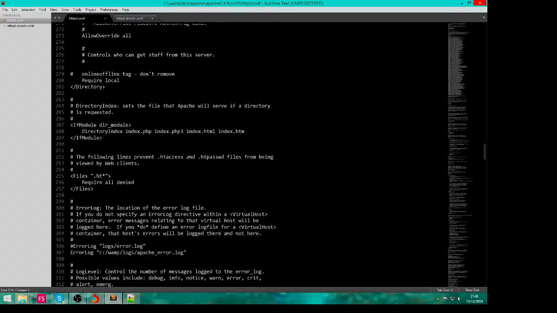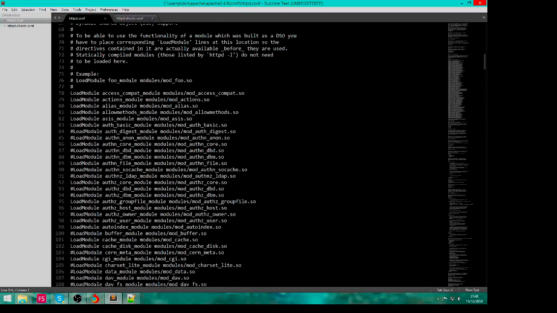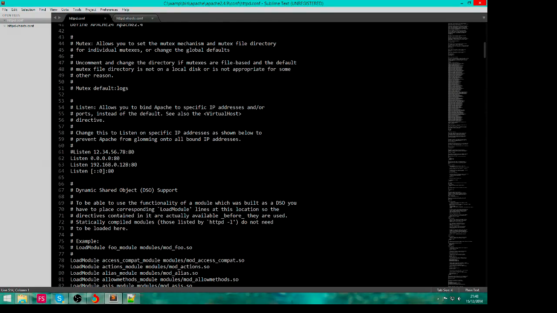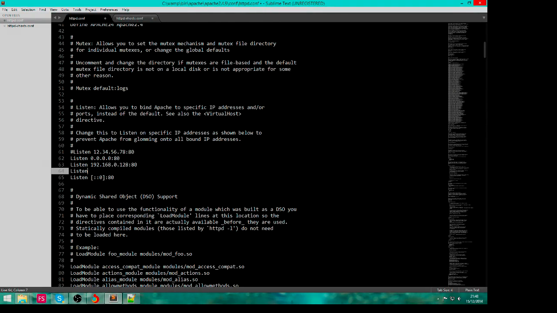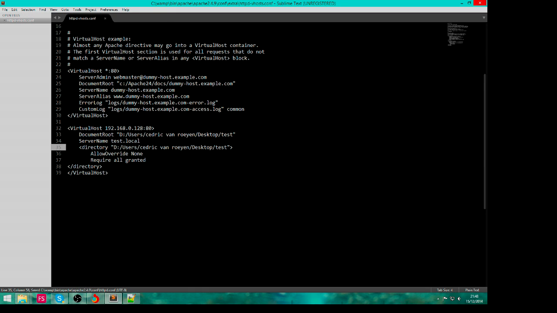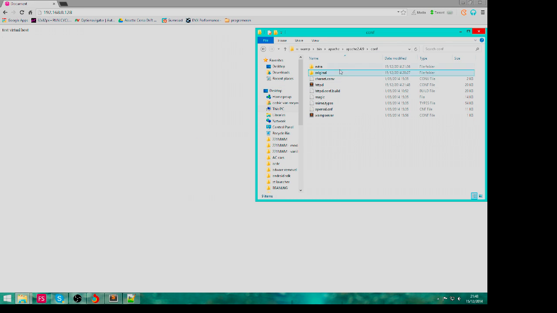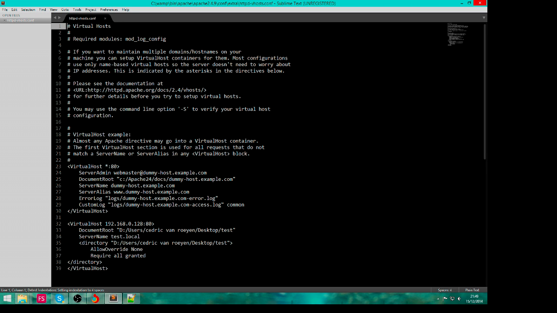Scroll back up if you have to, and add your IP right here. Like so. Save that file. Then in your extra folder, again go into the vhosts config file,